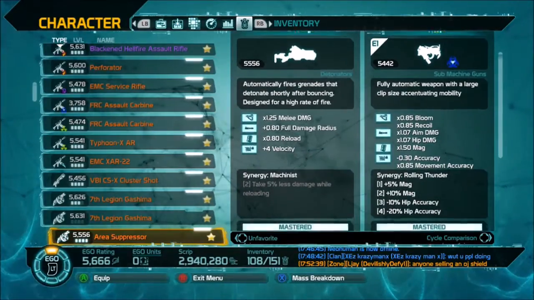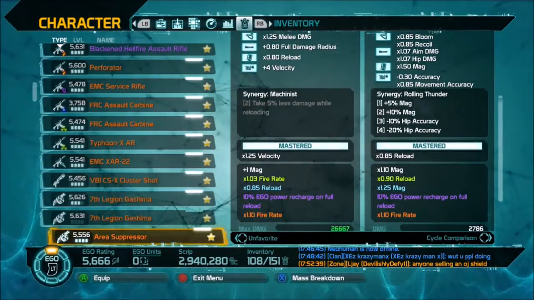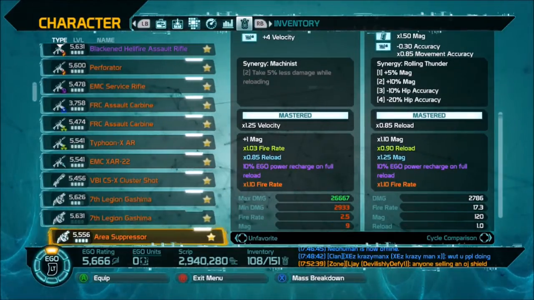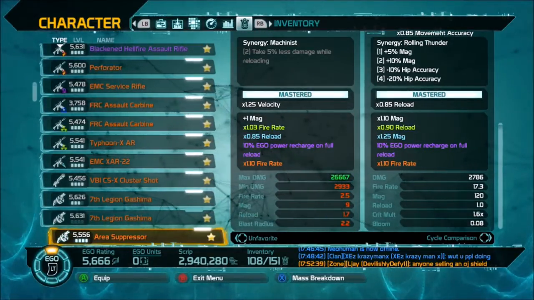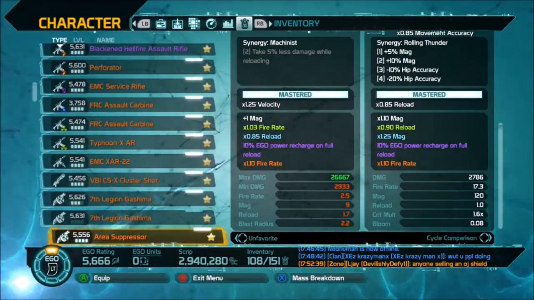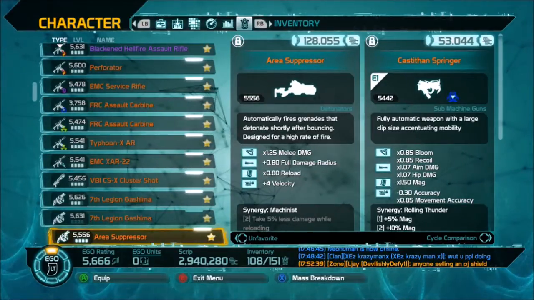Area suppressor is kind of fun to play with. They do a little bit of damage. I like the velocity that I rolled on it. Gives it a little more kick to it. For the damage they say they do and everything, sometimes it feels like they're not doing what they say they do. So that's my problem. I like the fire rate on it. Lets me shoot it a little bit faster, but I have it modded out because it's kind of fun to use. So